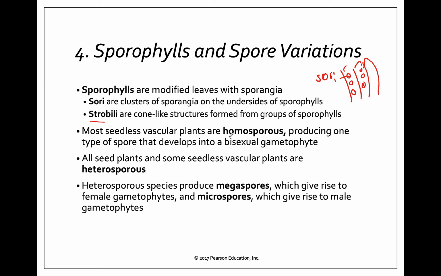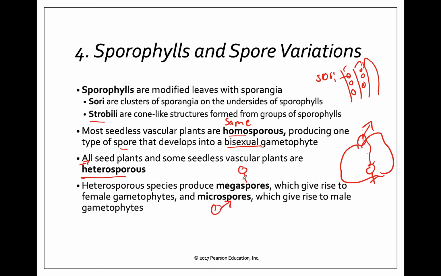Most seedless vascular plants are homosporous, so homo means the same spore. They produce one type of spore that develops into a bisexual gametophyte. We saw that on the little fern gametophyte, where they had an antheridia that produces male gametes, and an archegonia that produces female gametes. This is bisexual, meaning it's got both of these on it, and then the sperm move from one to the other. Seed plants, however, the gymnosperms and the angiosperms, are going to be heterosporous, meaning they produce specifically male